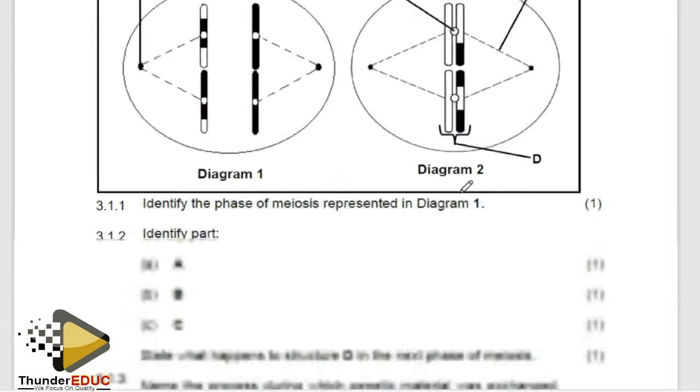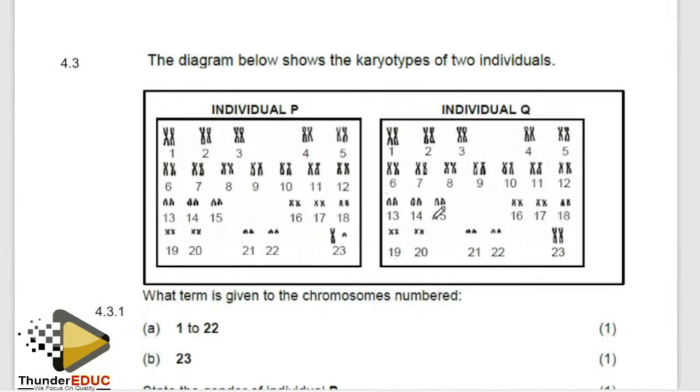Point number 2 is about the karyotype. This is where also you lose marks. Describe the structure, describe the karyotype. It's fine. You can describe that this karyotype is for a male, and this is for a female. Because here, chromosome number 23, they have the same size and shape, while with this one, one is big and one is small. Therefore, it means one is X, one is Y. But now, if they ask you to describe the karyotype,